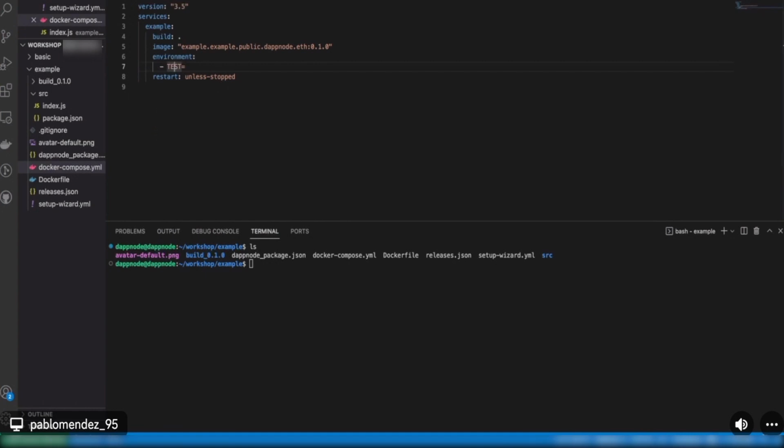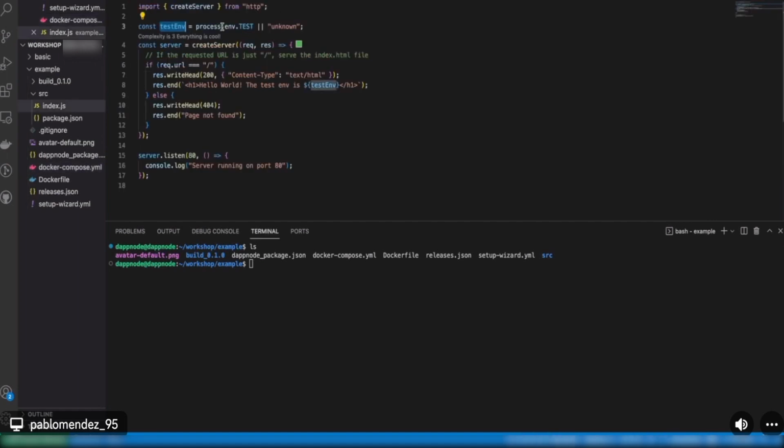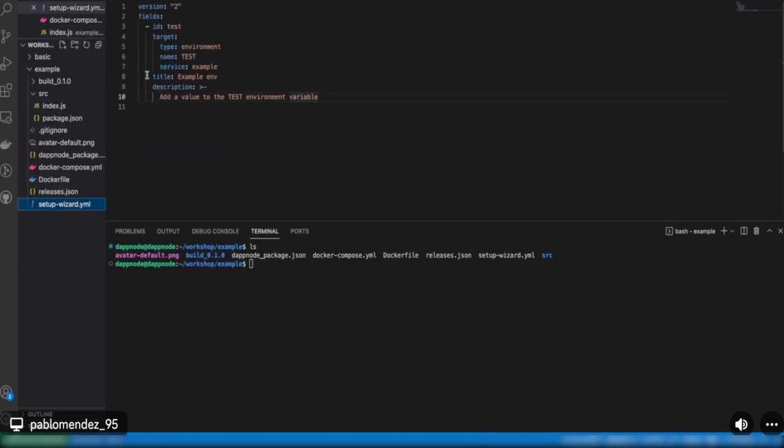Also, I am defining this environment variable in the application itself here. So I am saying that this const will be equal to this environment variable. And finally, in the setup wizard, I'm telling it to ask the user to set this variable.